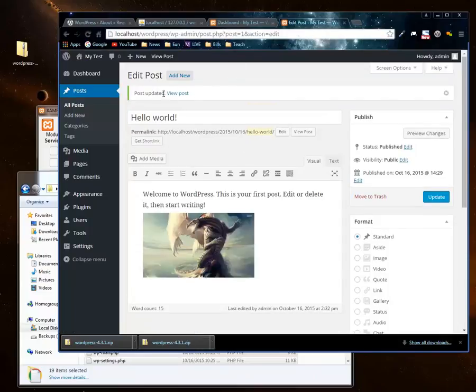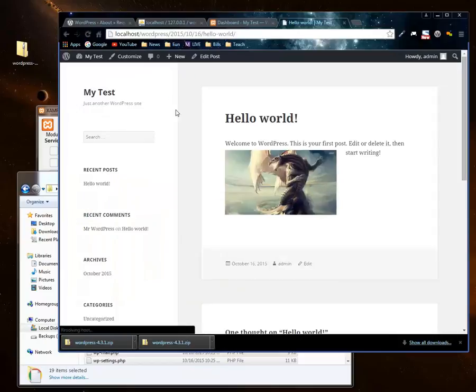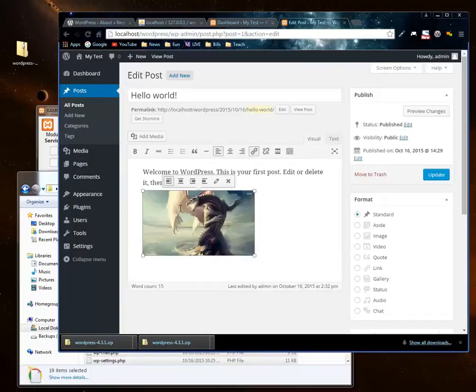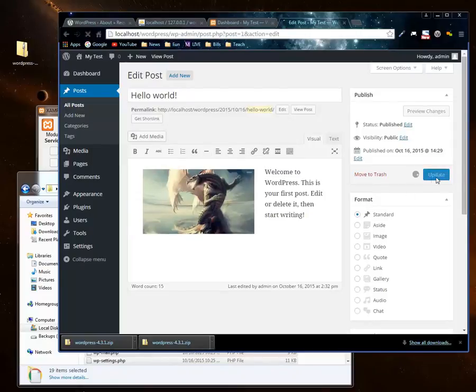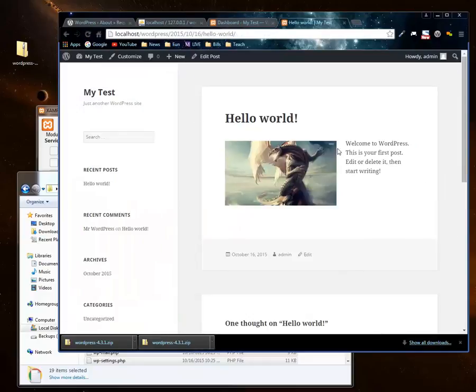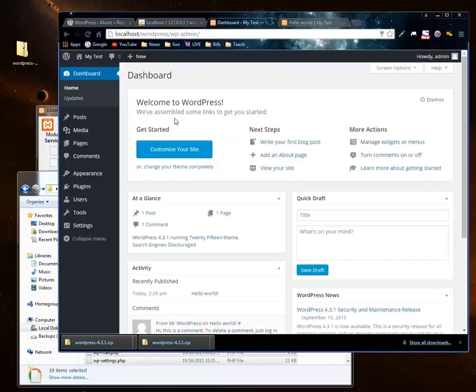And click this view post button. And so now I got an image. Probably need to move it a little bit in the editor, but it's pretty easy to work with. It just takes a little bit of time and knowing where things are going to go. So hopefully this time it'll look a little bit better. So it's pretty neat. One of the other things that you can do is customize your site,